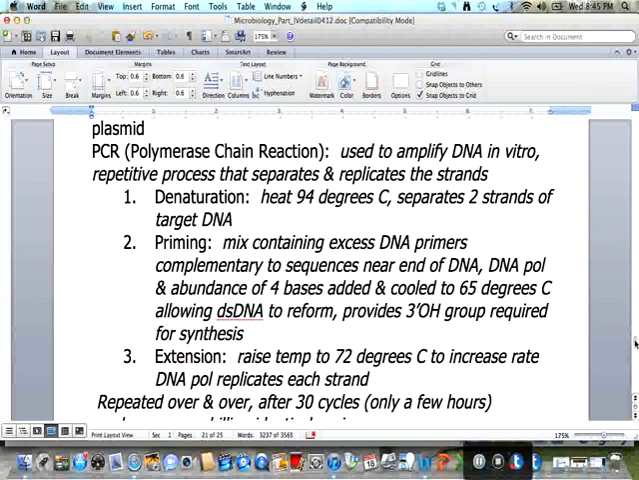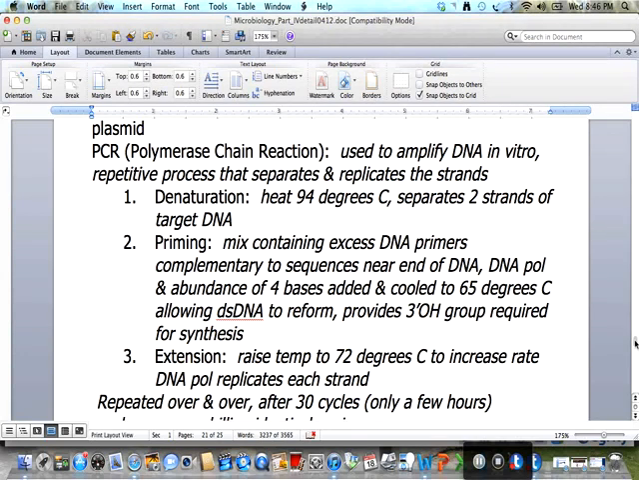PCR, or the polymerase chain reaction, is used to amplify DNA in vitro. It is a repetitive process that separates and replicates the DNA. The first phase is denaturation, and the DNA is heated to 94 degrees Celsius to separate the two strands of target DNA. The second phase is priming, a mix containing excess DNA primers complementary to the sequences near the end